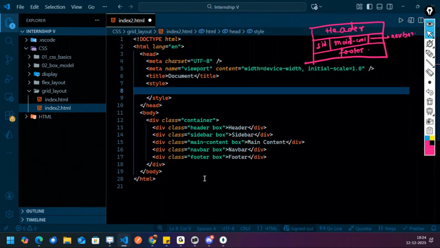Can you tell me how many rows and how many columns are there? Three rows and four columns. One, two, three columns only. Three rows and three columns, correct? So here, first of all, we'll write the container. Okay, we'll write the container. Okay, in this container,